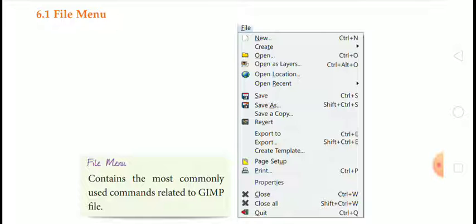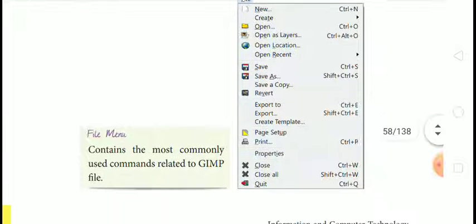The next is Open Recent. When you click on Open Recent, the recently opened file list will appear. Means the files which you have recently opened will be visible on the screen with the help of the Open Recent option.